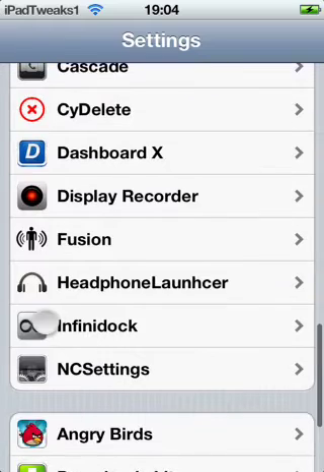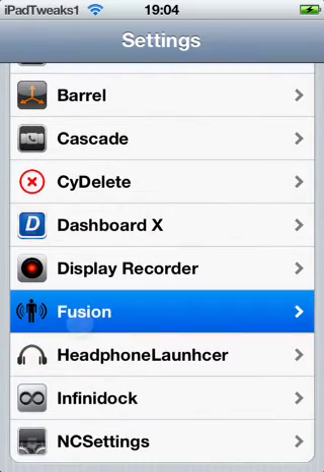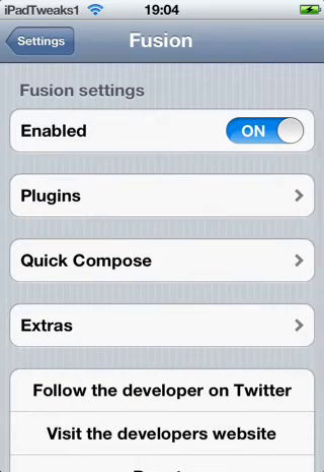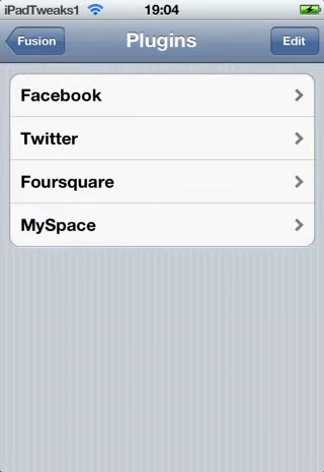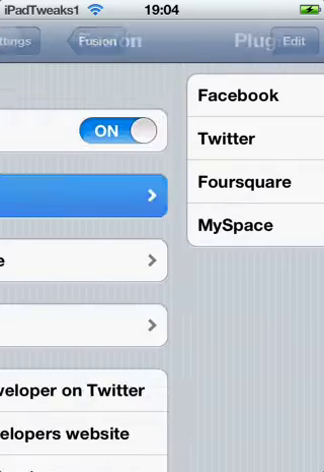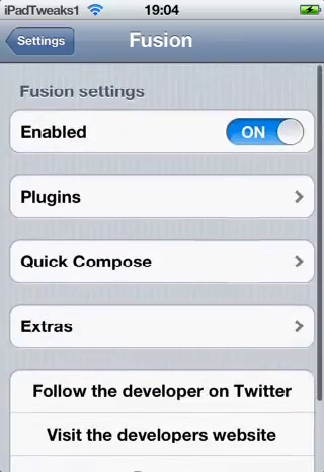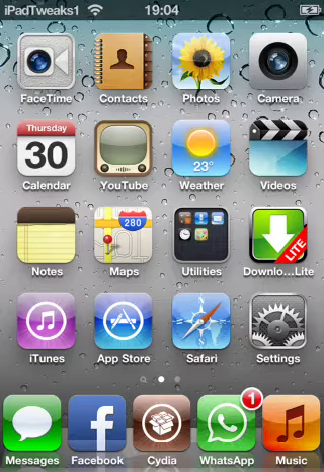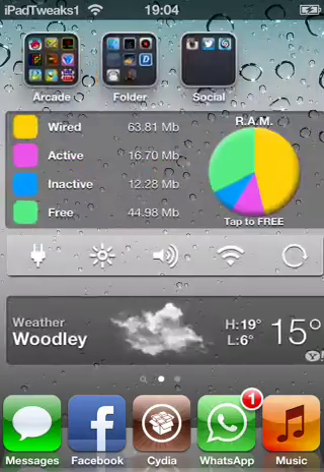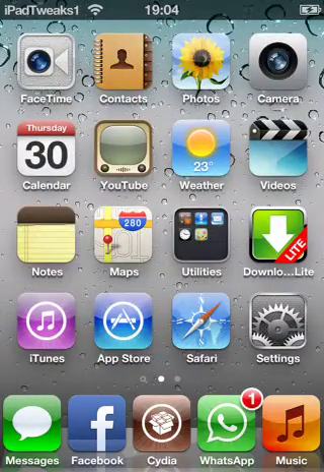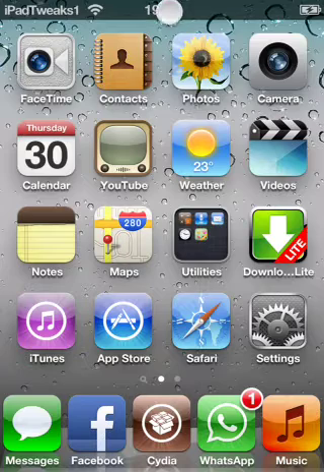And the 5th tweak I'm going to talk to you about is Fusion. Now, what Fusion allows you to do is compose a quick tweet, update your status, or post to Foursquare or MySpace, but I don't use either of those, so I'm not really sure what those two are. So maybe you guys would like to tell me, message me, or drop a comment. Anyway, Fusion, my activation method is to hold down on the status bar,